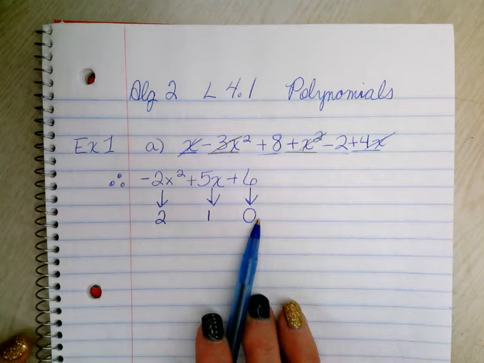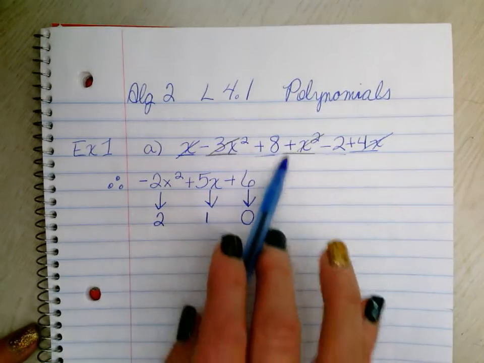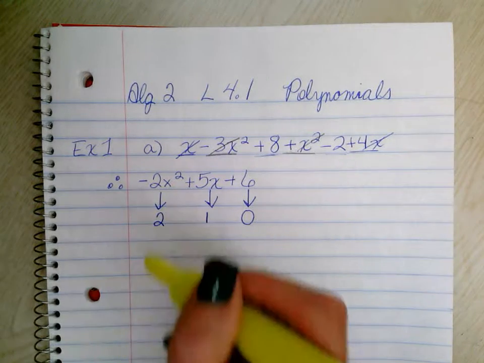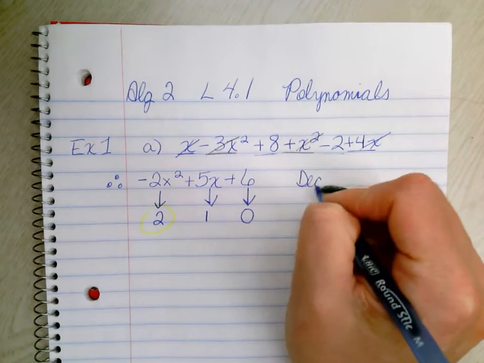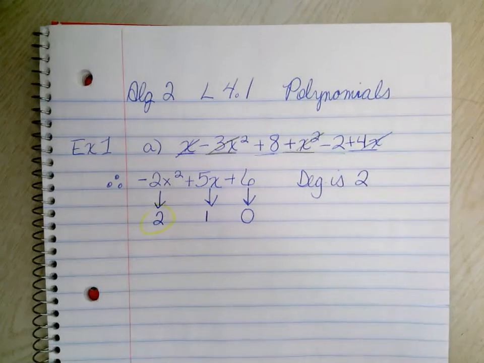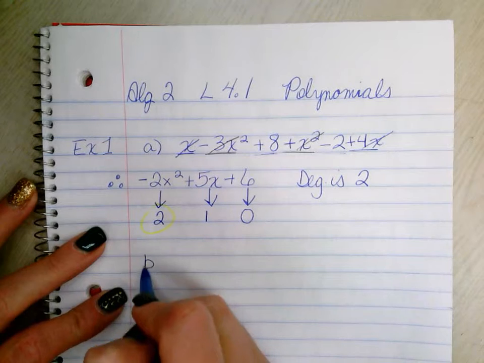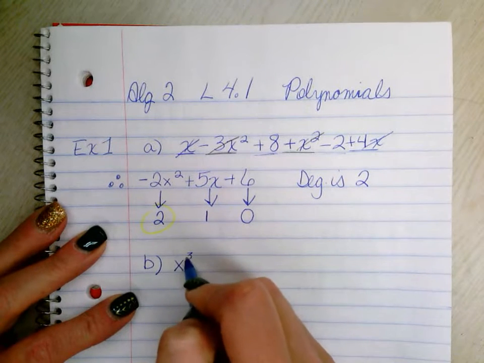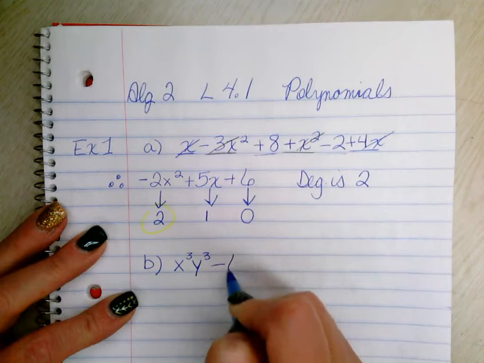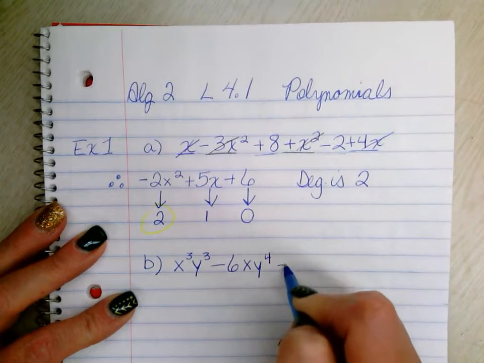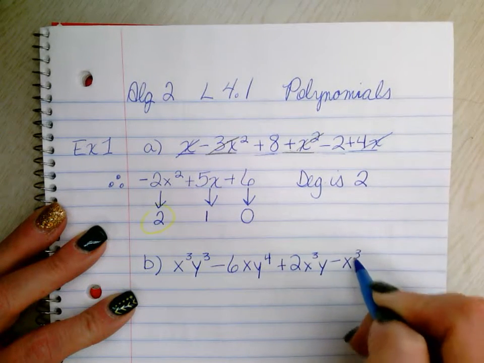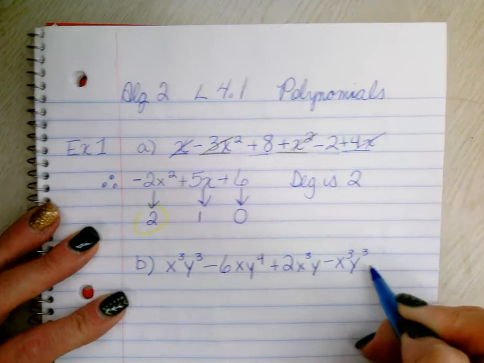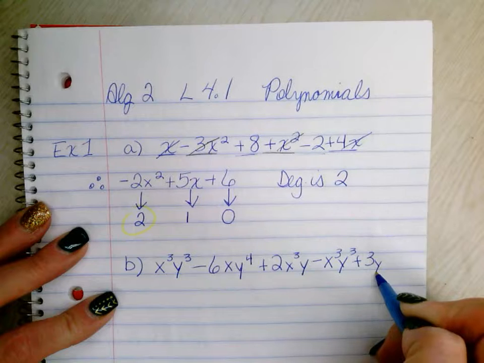Okay? To indicate what the degree of the entire polynomial is, you choose the largest. And that would be the 2. Okay? So the degree is 2. All right? Letter B, we've got the same thing, only it's bigger, it's badder, it's uglier, but we can do it. B is x cubed y cubed minus 6x y to the 4th plus 2x cubed y minus x cubed, good grief, I'm running out of room here, plus 3x, oops, that should be an x,